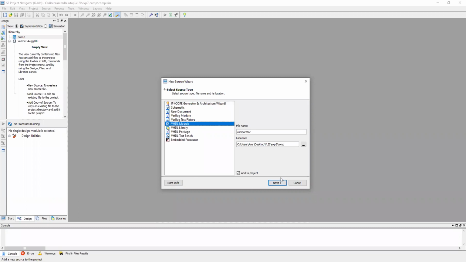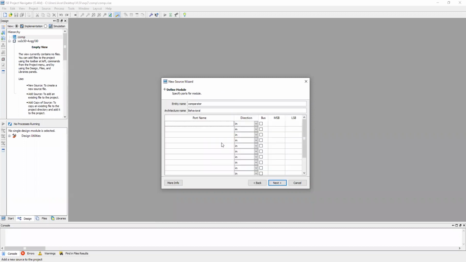Then next, we have to provide inputs and outputs. In the entity, what do we do? Entity is nothing but whatever the inputs to the system, that black box, and whatever the outputs from the system. What are the inputs to the system and what are the outputs from that system, that is the entity, and architecture is nothing but whatever is inside that black box.